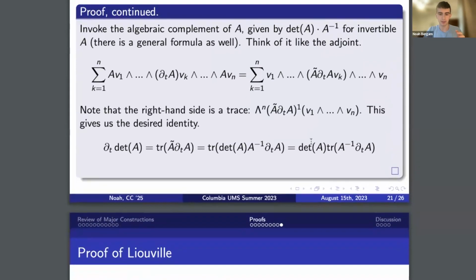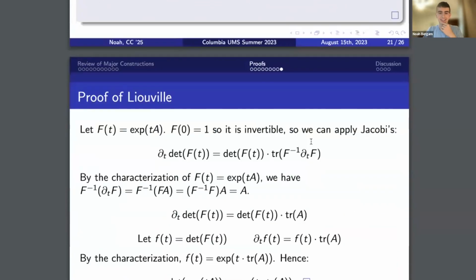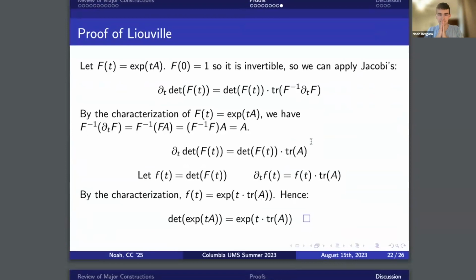So let's read it really carefully. No, I shouldn't do that. Okay. Let big F of t be the exponential of t times a. F of 0 is 1, clearly. So it's invertible